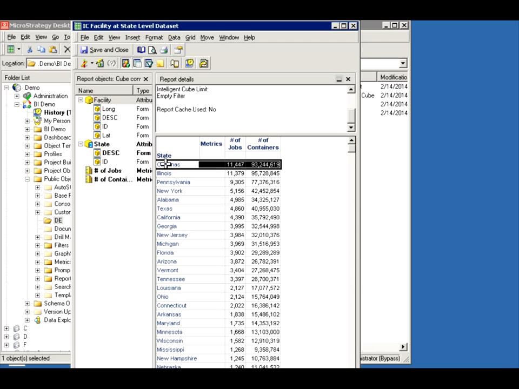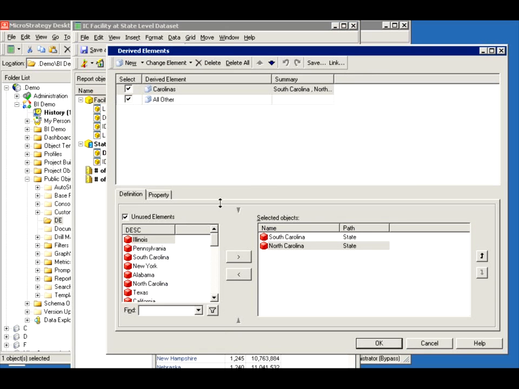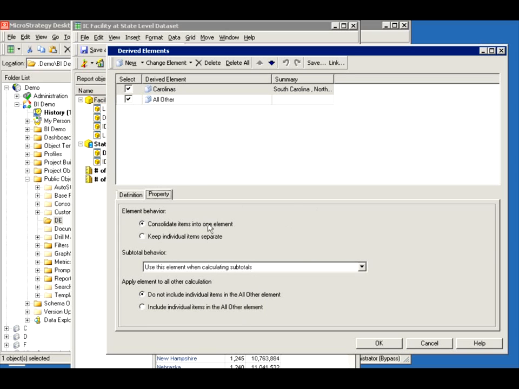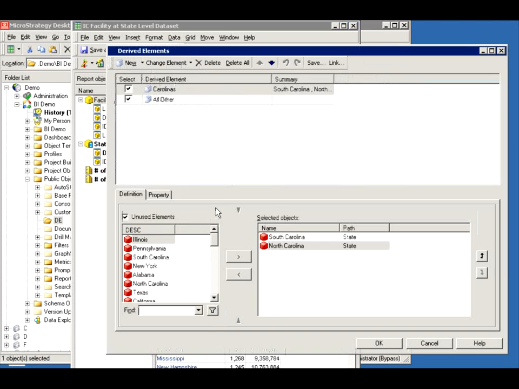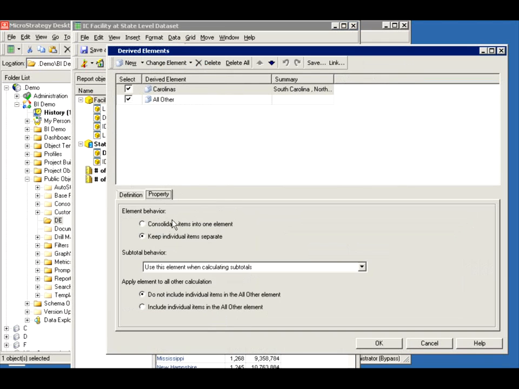Okay? Let's edit this derived element. We can edit it from here or from here. There we go. So let's see what we want to do. We want to change the property from consolidate to keep individual separate. What does it do? It breaks them down into two pieces. Okay? So even though you have a derived element on state, you can go back and forth and display and bundle and unbundle, whatever. Okay? So let's keep it as a bundle, consolidate,